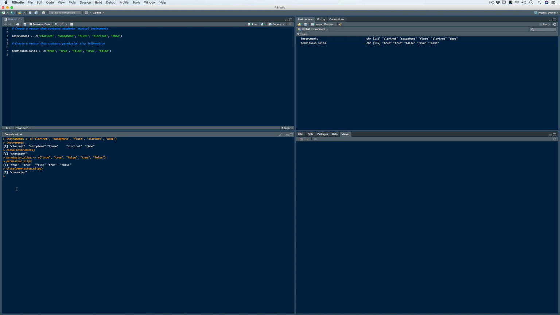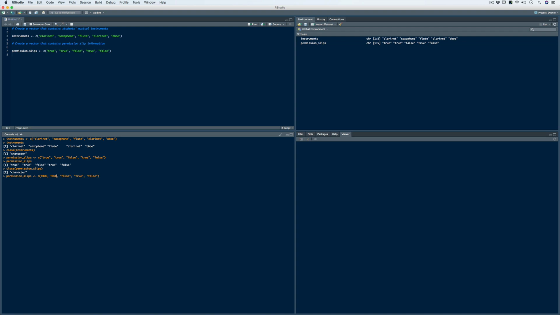Also, I wanted to point out to you that using true and false as logicals, even though they're words, we previously talked about character vectors and putting words within quotations. However, here the computer picks up true and false as a logical and not a word. So what I can do to get back to the previous command, I can hit the up arrow 2 times, and that brings us to where we assign the 5-element logical vector to the object permission slips. And the way we really should have done this was to get rid of the quotation marks, and in capital letters, we can write true,